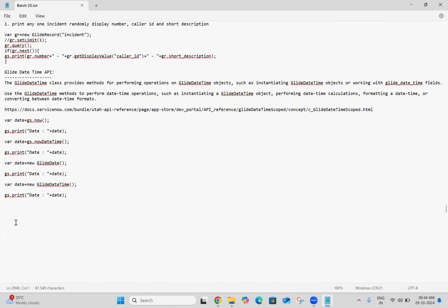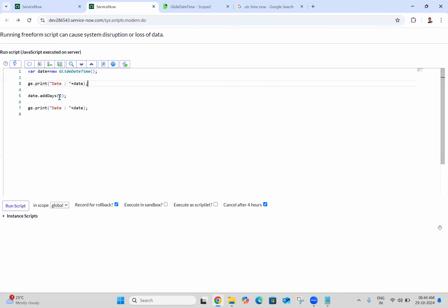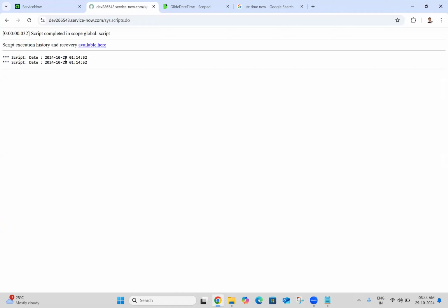For example, I just want to remove 3 days from today's date. I'm just saying -3, for example. Copy, run script. You can see we have removed